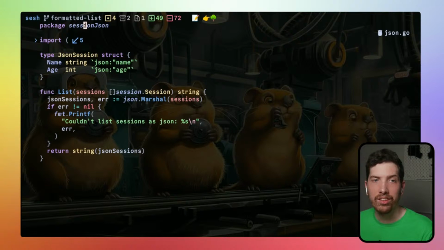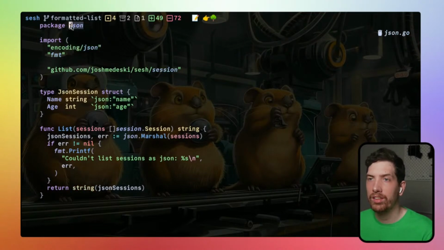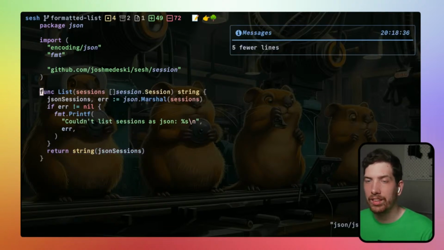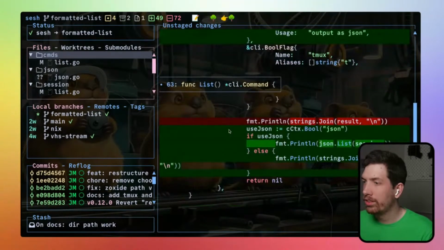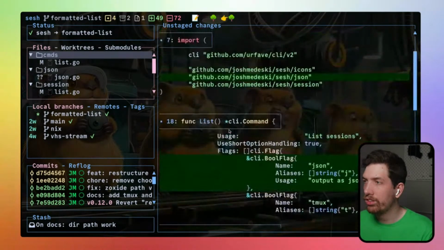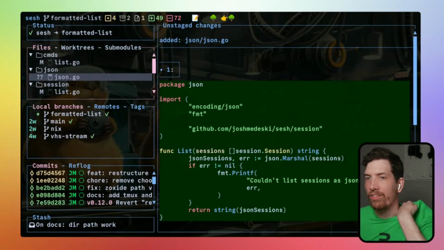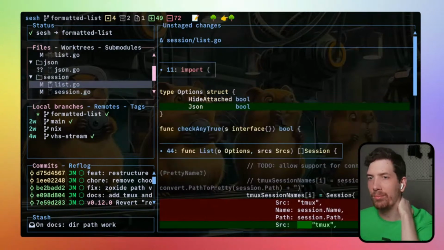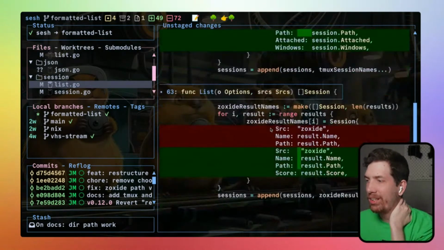Is Andres still here? He was telling me earlier that I probably shouldn't name it JSON because it conflicts with encoding JSON. This isn't needed. So what? JSON list sessions. I'm going to keep it this way for now. You're welcome to have an I told you so, Andres, if it ends up being a problem for me. It's totally fair. Okay, so we added Windows,